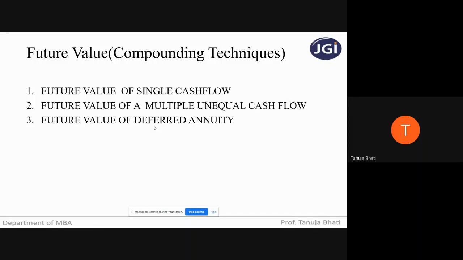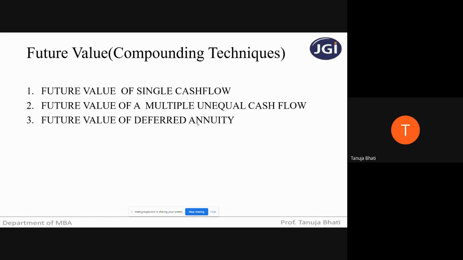So here what is happening is, annuity, as you all know students, the meaning of annuity itself is equal cash flow. So when the same amount is being invested, deposited, saved for n number of years, n being a certain time period, it is called a deferred annuity. Deferred annuity means you're depositing, saving, or investing at the end of a certain period. End means it can be the end of the month, end of the quarter, end of the year.